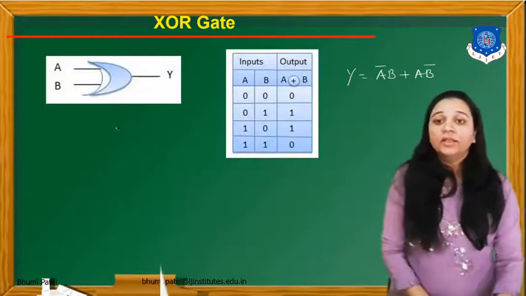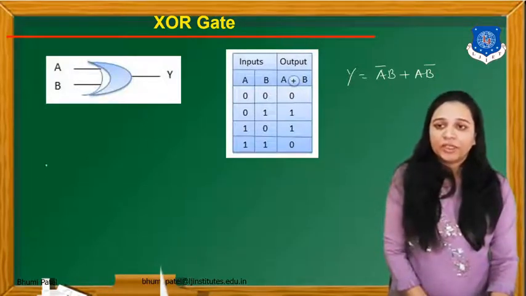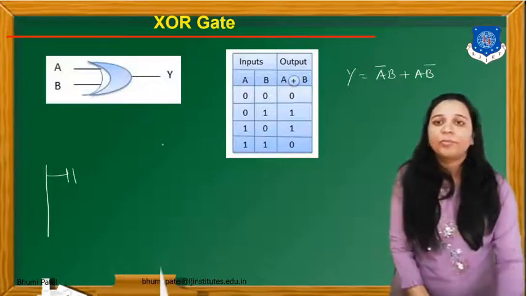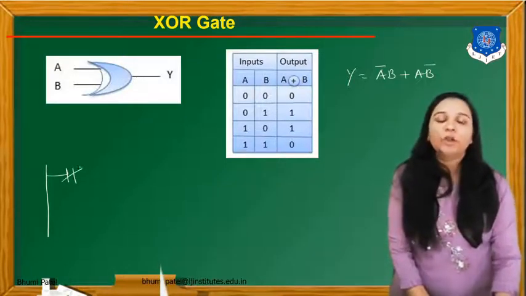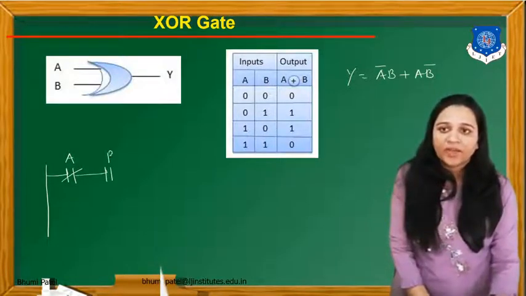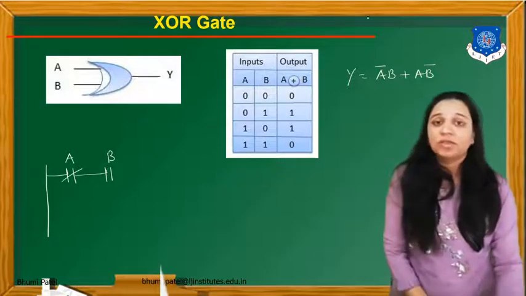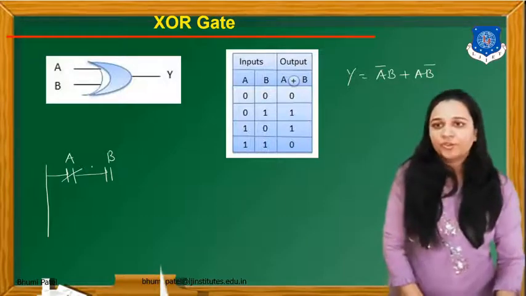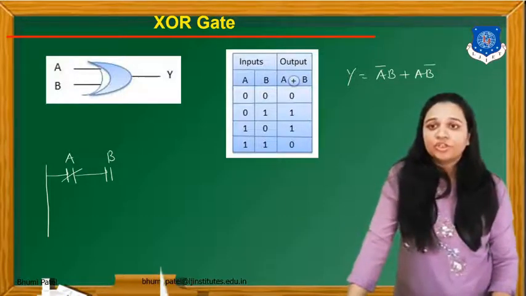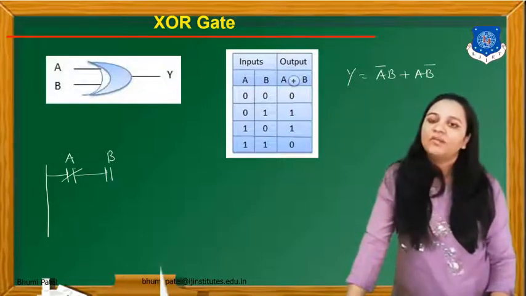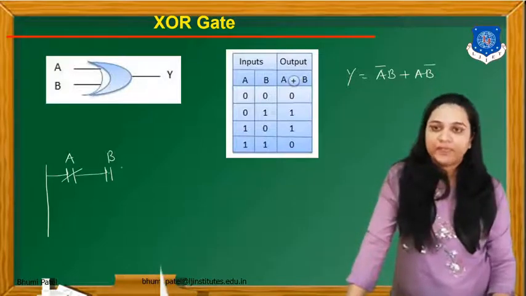If we draw the ladder diagram of the XOR gate, in the first rung we can put A bar into B. As you know, the input is already complemented, so we can put a normally closed contact. So this is my A input and this is my B input. Why can we put A and B in series connection? Because here A bar into B is in multiplication form, so we put it in series connection. So this is my A bar into B. We cannot write an input as A bar; we always write the inputs like A, B, C, D.